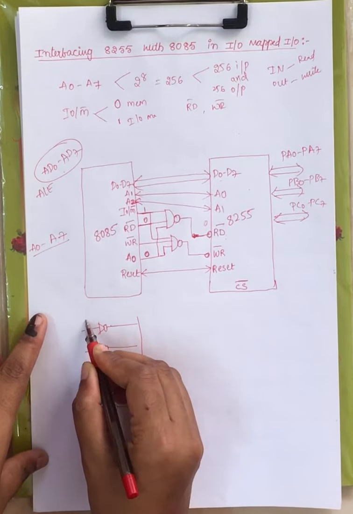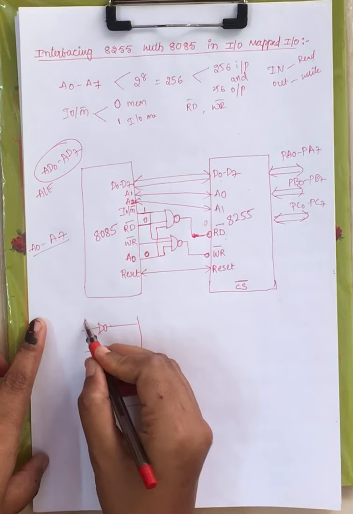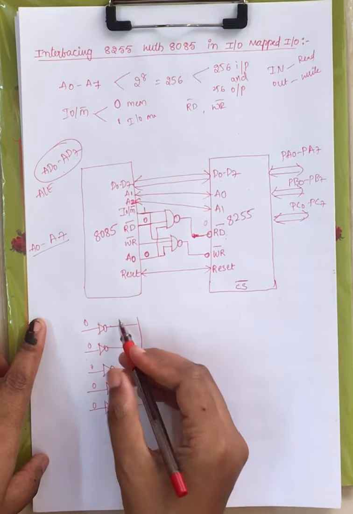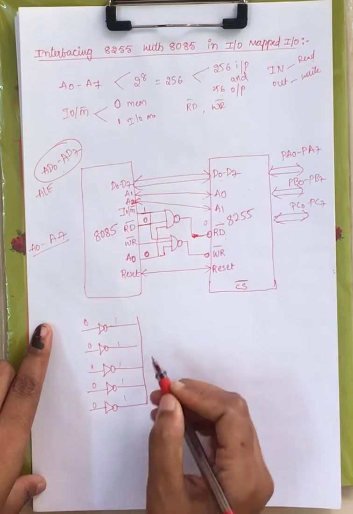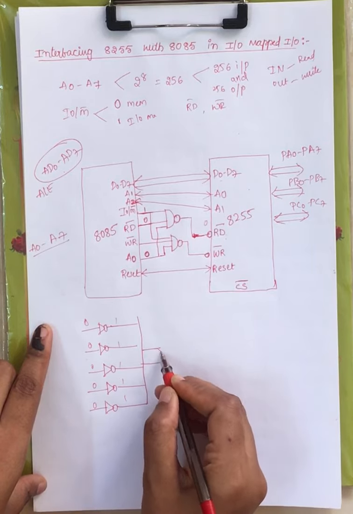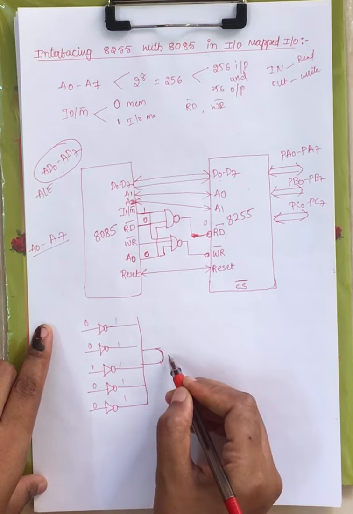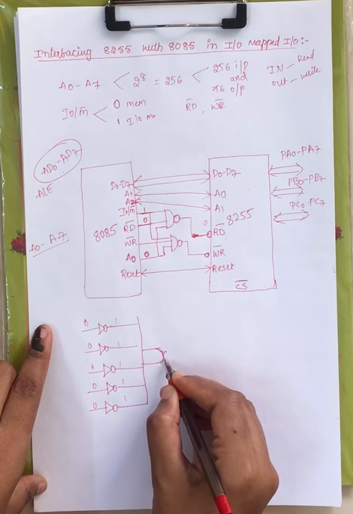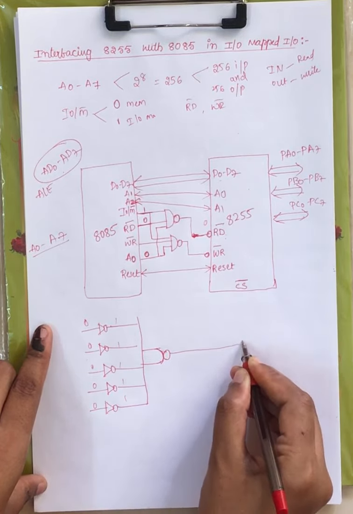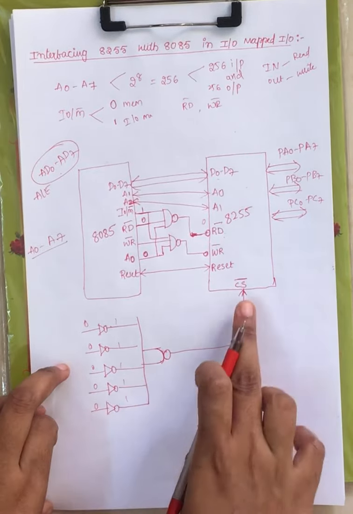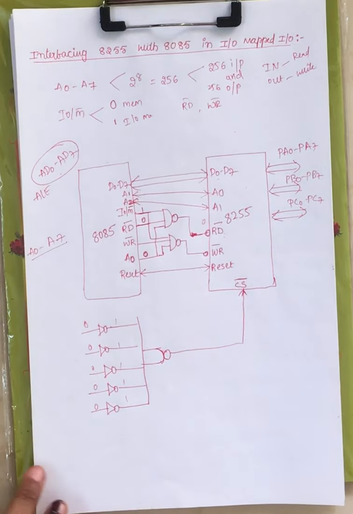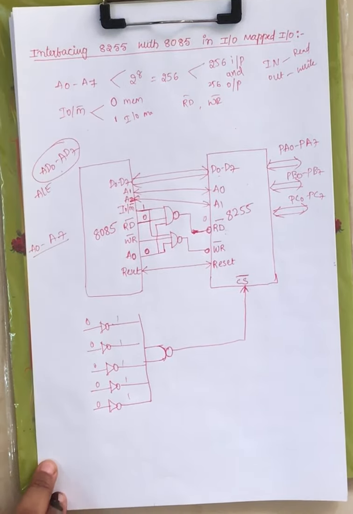Now here, initially those are 0. I am taking an example, but I will give a problem form, then you will come to understand. Suppose all are 1s. When all are 1s, if I perform an AND operation, what is the result? 1 you will get. If I keep a bubble, 0. In order to communicate, CS bar should be 0, right? Either you can use an AND gate with a bubble over here, or directly you can use a NAND gate, right?